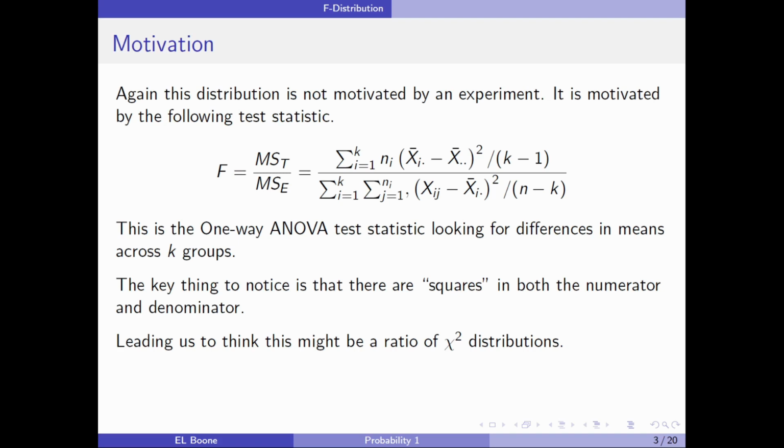It is motivated by the following test statistic, which is from a one-way ANOVA here, the mean square treatment over the mean square error, and you don't really have to pay attention to anything other than the fact that it has some squares in it. The one-way ANOVA test statistic is looking for differences in means across k different groups. The thing to notice is the word squares, and they're both in the numerator and the denominator, leading us to think this might be a ratio of chi-squared distributions,